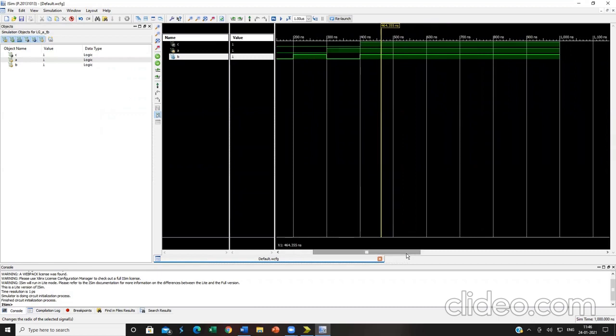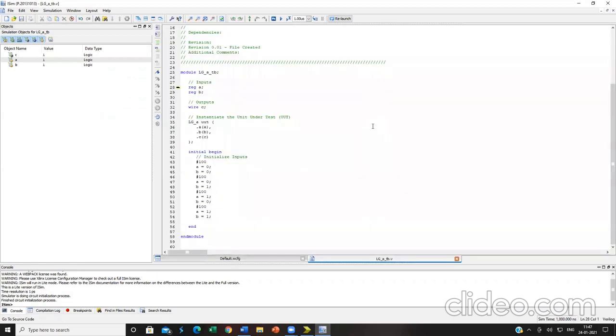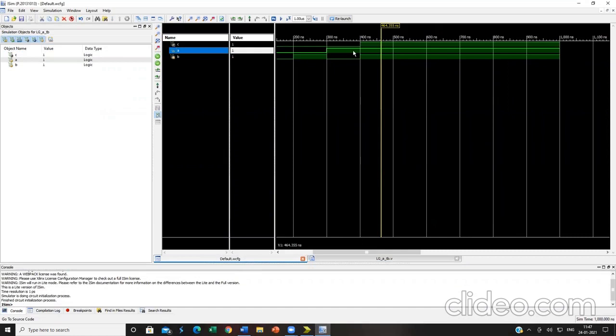Suppose I want to change the simulation time, what should I do? Kindly right click this. Here click on go to source code. Sorry, go to simulation.